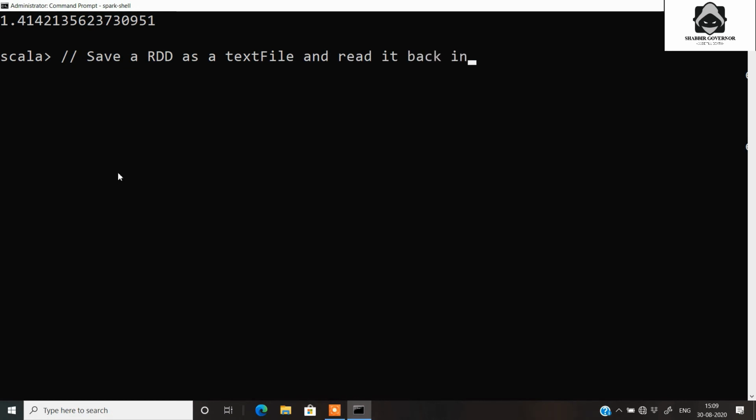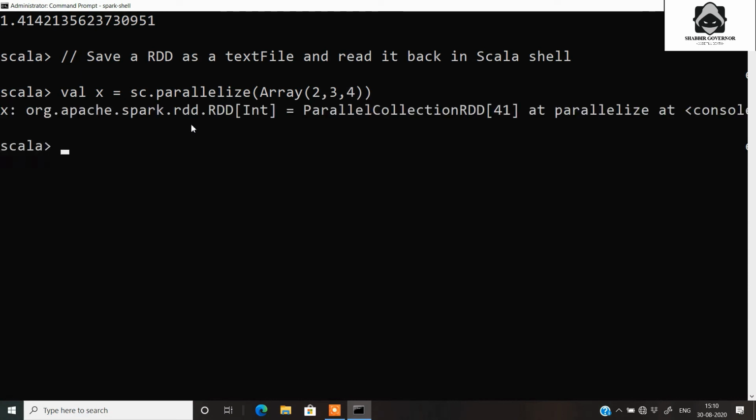So now lastly let's save the RDD to a text file, and then let's try to read the same RDD back into the Scala shell and print it. Let's create an RDD first of all in the x variable, sc.parallelize integer RDD, very simple. This integer RDD we'll save as a text file.